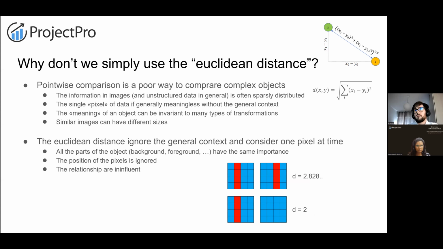This is also true for any other kind of complex data. So, for example, also for speech information, for time series, for many kinds of data that are not well defined in a vector space in a unique way. So if we have many kinds of invariant transformation, different resolution, complex structure, or maybe also discontinuity, any kind of complexity in the data, our original concept of Euclidean distance will probably not work well.